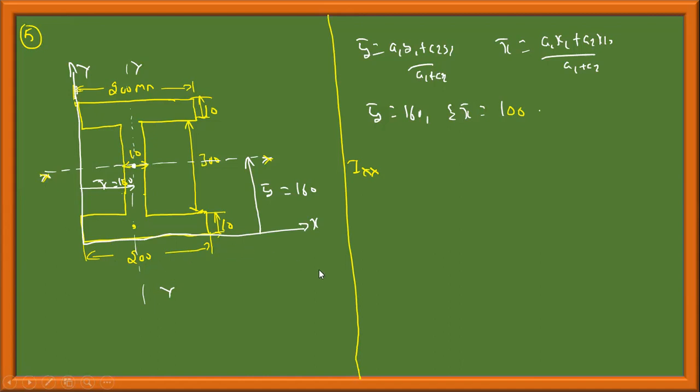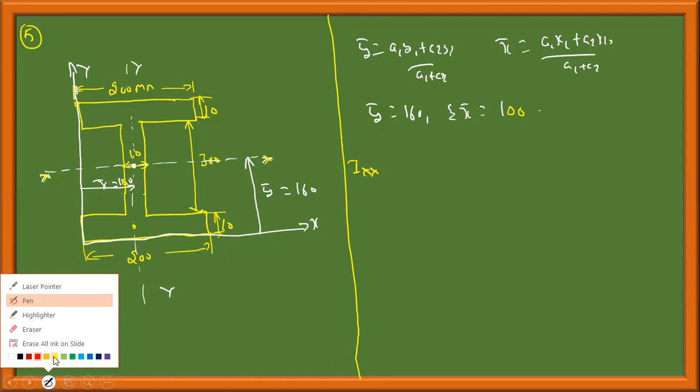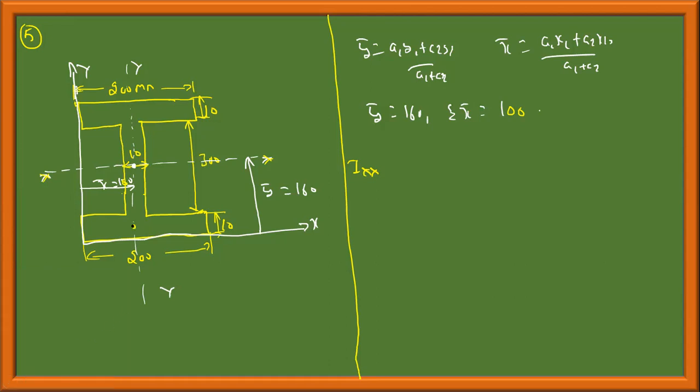Okay, so this is the centroid. If I am unable to complete, I will schedule one more link. I have to complete this problem so that we'll have a grip on it. This is the CG of this section. This section, if I call this 1, this 2, this 3, this is the centroid of this section, and this is the centroid of this section.